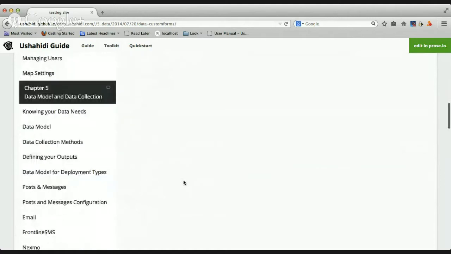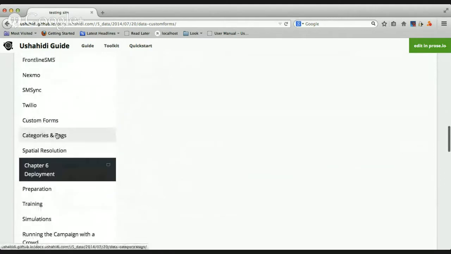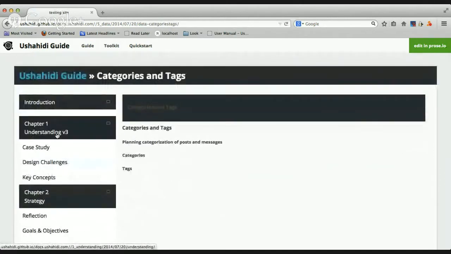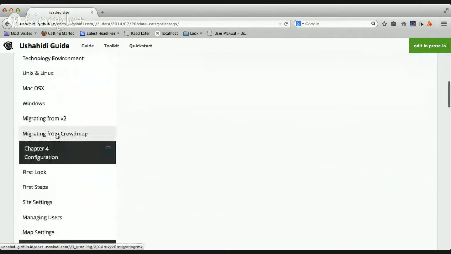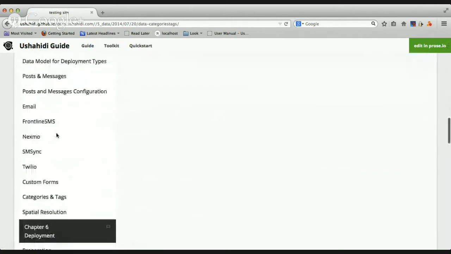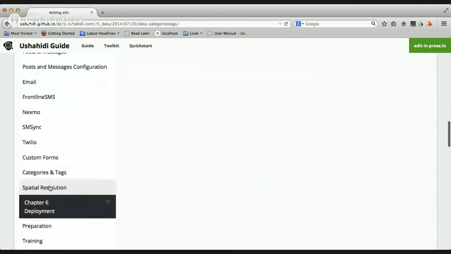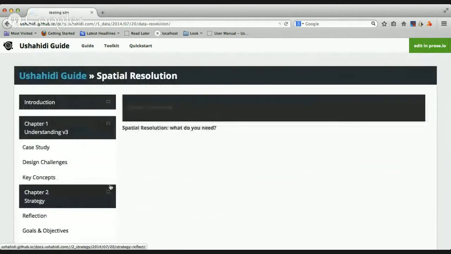From there, we'll look at categories and tags, how you begin to use the new tagging system in order to create and categorize those posts and messages, so you begin to think about how to curate them appropriately. We'll also, from here, begin to provide essentially an appendix inside of the chapter on thinking through the spatial